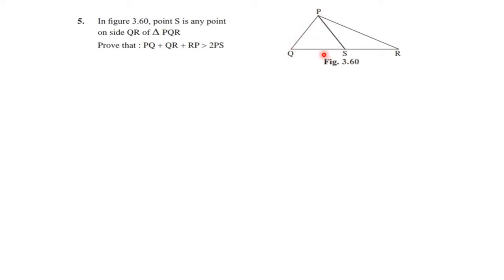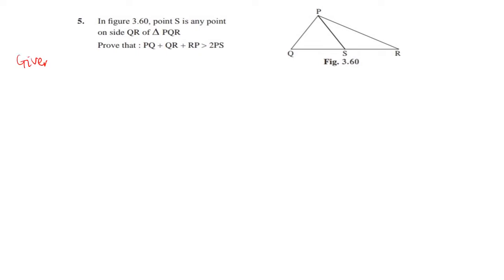You can take either of the two sides, children, but as we need to prove PQ is on the left hand side, so I will take PQ plus QS is greater than PS. Similarly, when I take triangle PSR, I will say that PR plus SR is greater than PS. Again I am taking PR on the left hand side because we need to prove here. Okay, so let's write down,